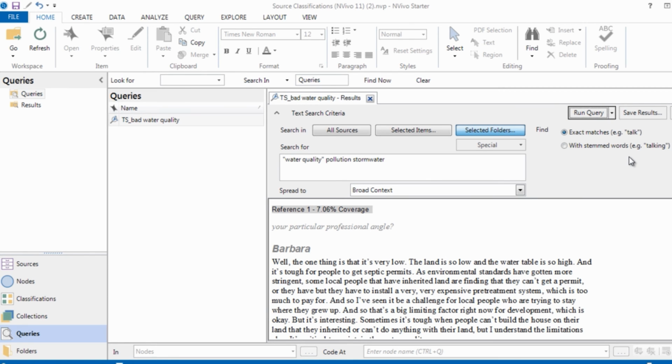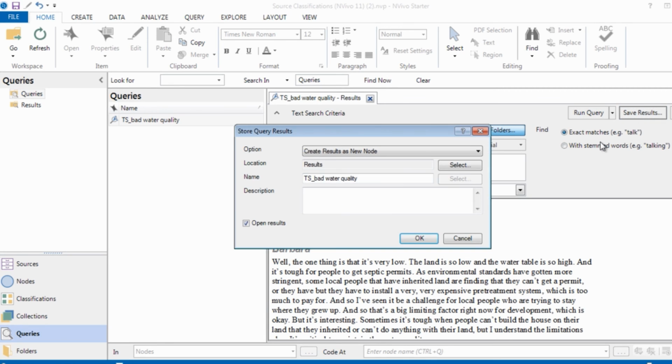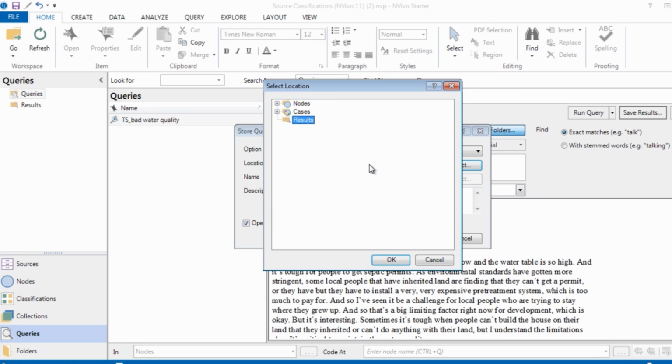To save the results of a query, I click on the Save Results button in the detail view. I can choose to save the query result in the Results folder in the Query area, or click Select to store the results in my Nodes folder. Use caution here. If I save results in the Results folder, I won't be able to change the results, for example to uncode from it, and at times you'll want to do that to capture the results at a particular point in your study. But I want to be able to change these results, so I'll navigate to the Nodes area and save them here and name the new node